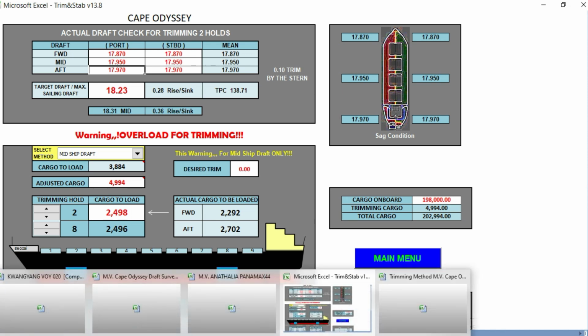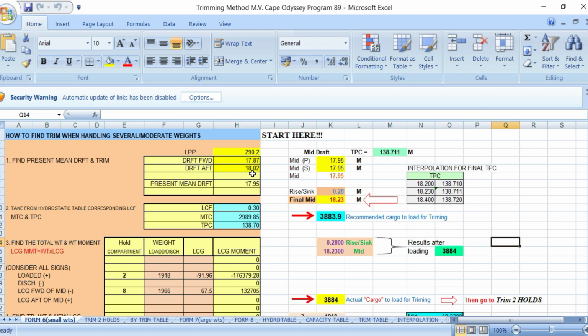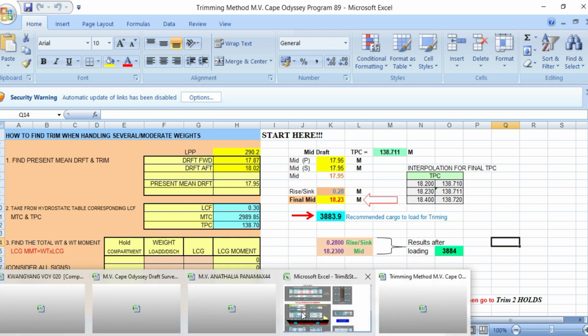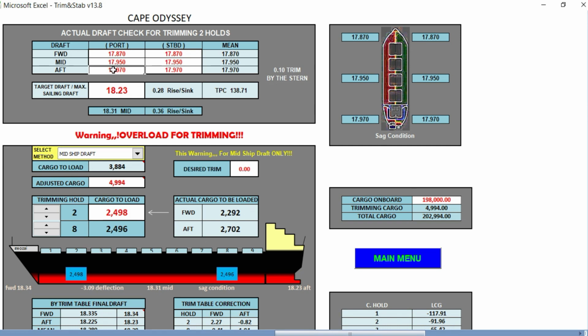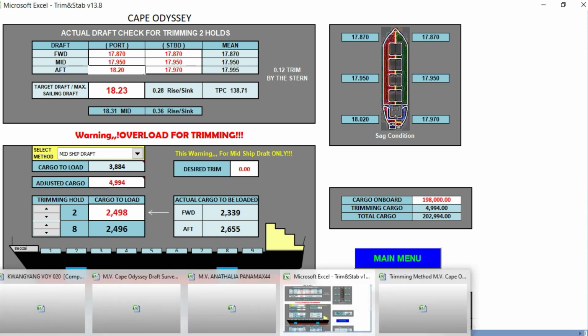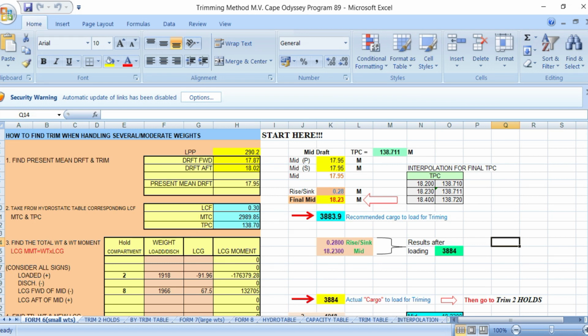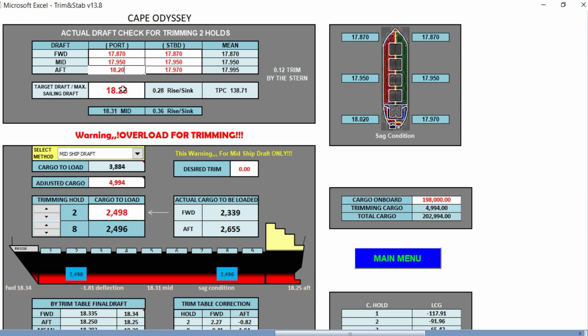up drop 1802. 18.02. Your 1820. 1802 nga ba? 1802. 18.02. Your target draft